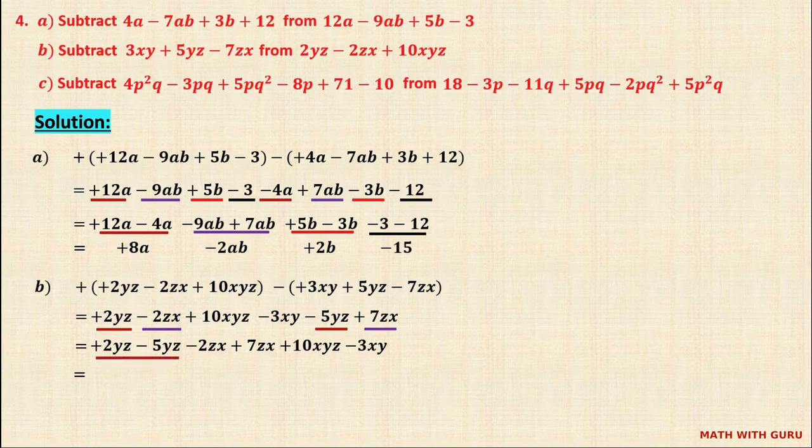Now let us simplify. 5 minus 2 is 3. 5 is negative, therefore minus 3yz. This is plus 5zx. These two terms remain as they are. Now see, I have already done this problem. I have already solved this in the previous session, taking as an example problem. Let me do it again.